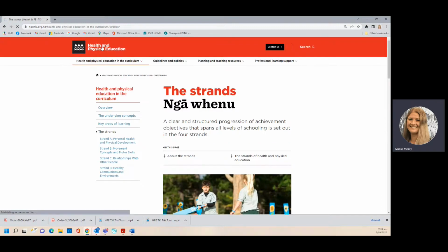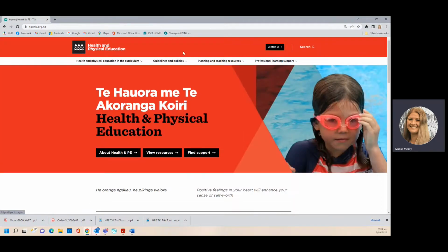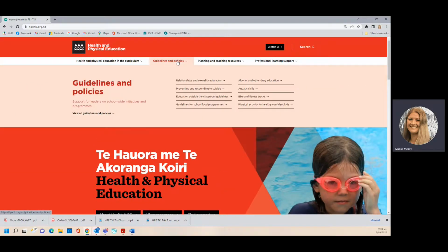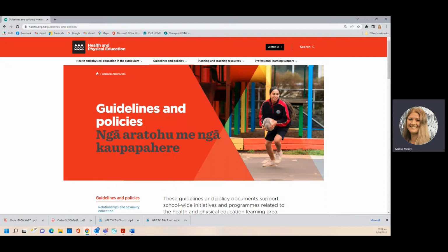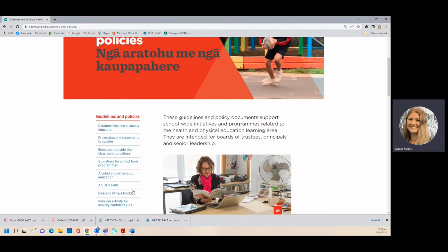We'll have a look at the guidelines and policies page. Once again, one click brings down the drop-down menu and we can click through into the main page, or we can shortcut through into each of the guidelines and policies if you know what you are looking for. This page is really aimed at senior leadership and boards of trustees when it comes to developing school culture and strategic plans and overviews. The left-hand menu here